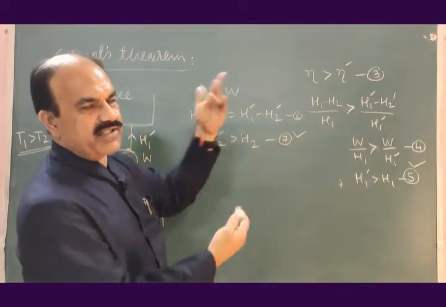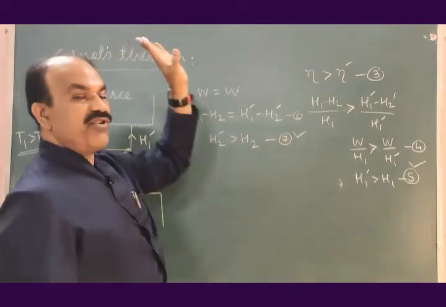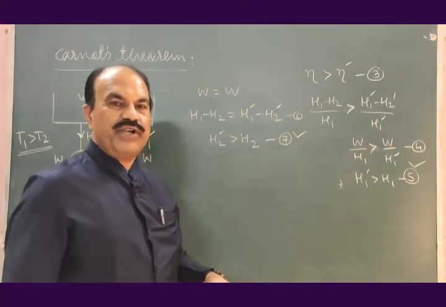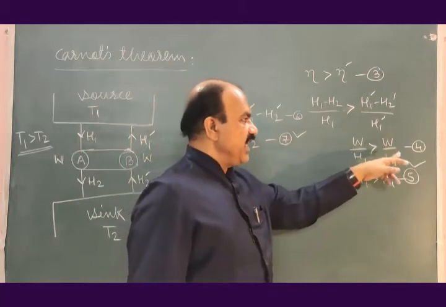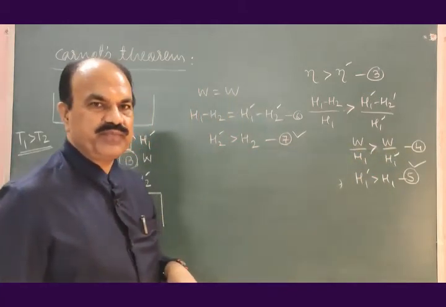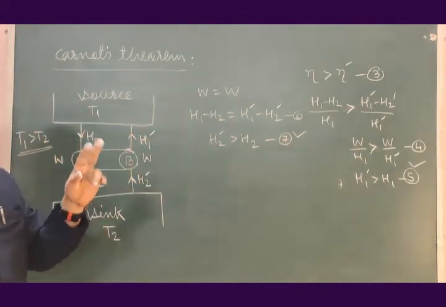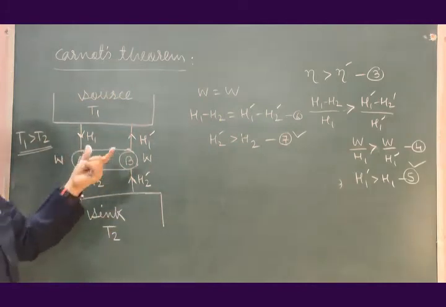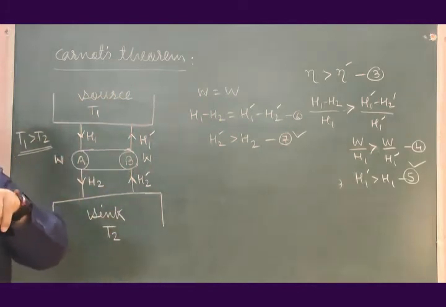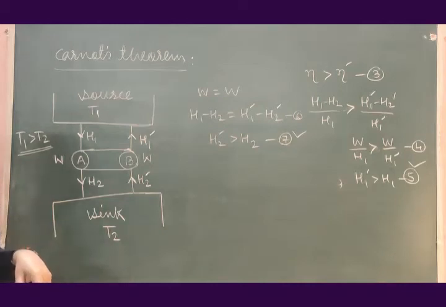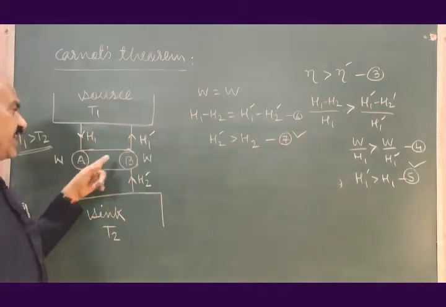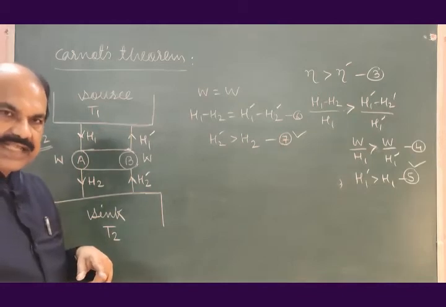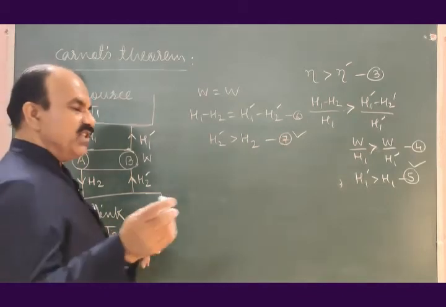As we told, our statement is correct. Carnot's statement is wrong. So according to our statement, equations 6 and 7 are true, equations 4 and 5 are true. If equations 4, 5 and 6 are true, A and B are acting as coupled machines. If equations 4, 5, 6, 7 are true, A and B are acting as coupled machines, one thing.